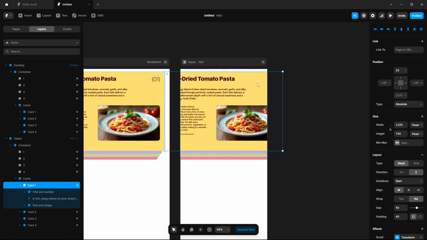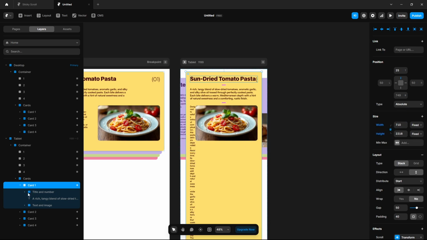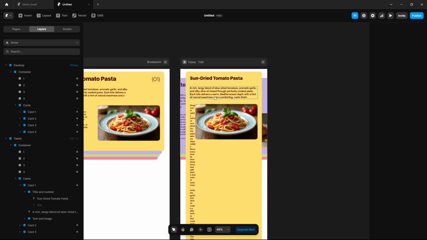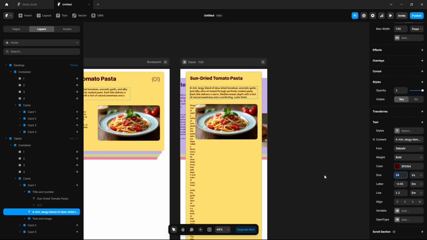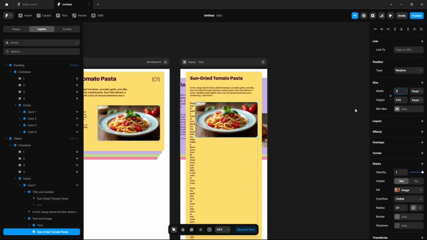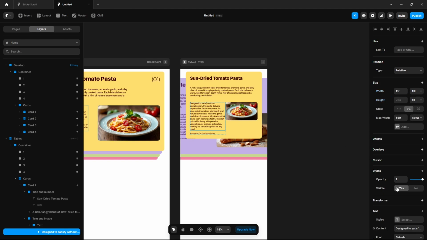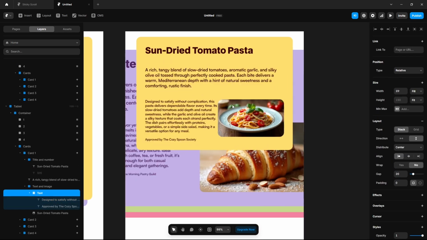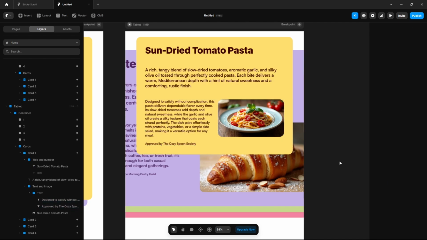Then select this card, card 1. Lock the aspect ratio, set the width 710, and then reduce the font size to maybe 40. We can hide this number. Then click here. Set the size 20, click here, set the width 300 and click here, font size 16. Maybe we can add some padding on the right, 10. Perfect. Click here,